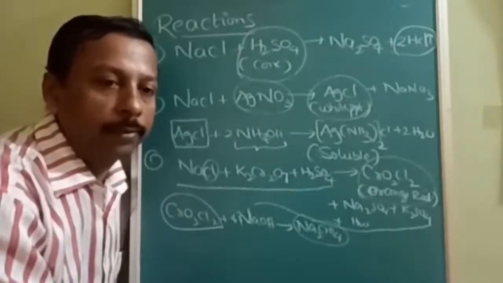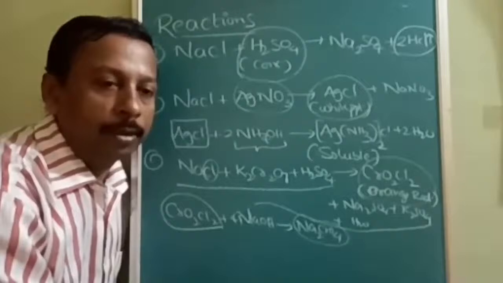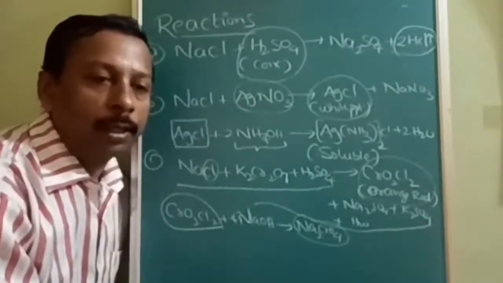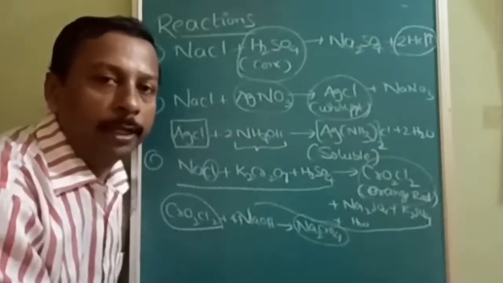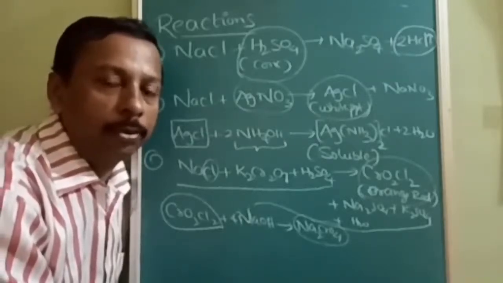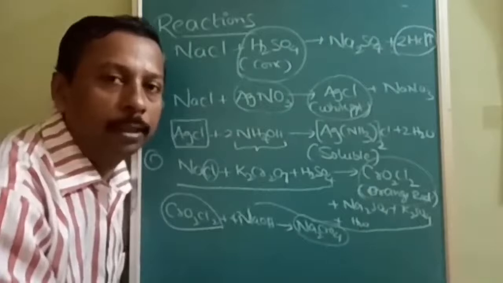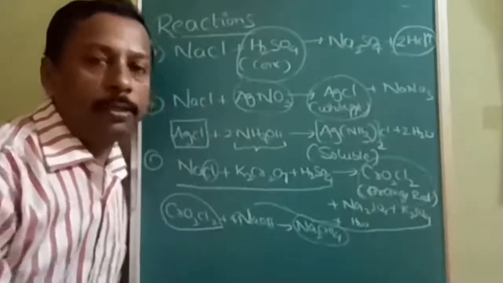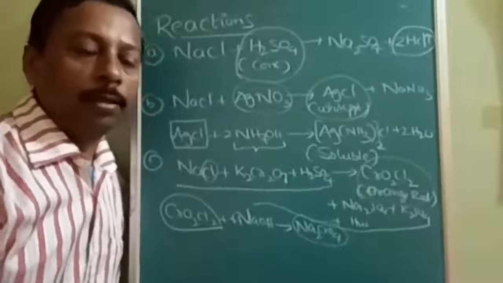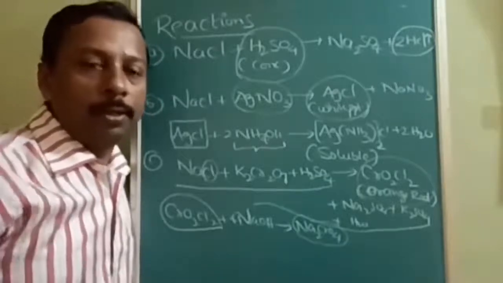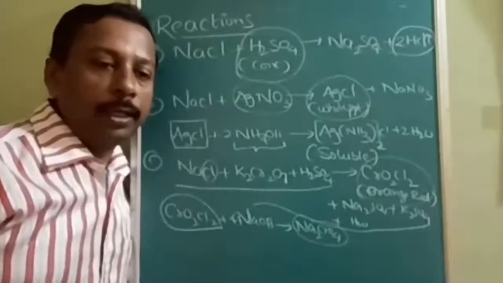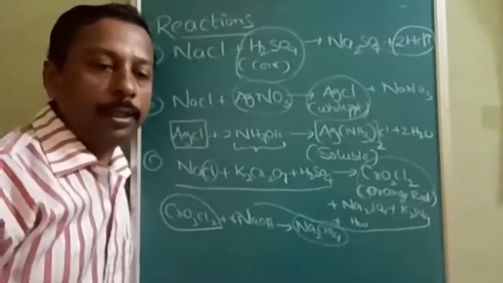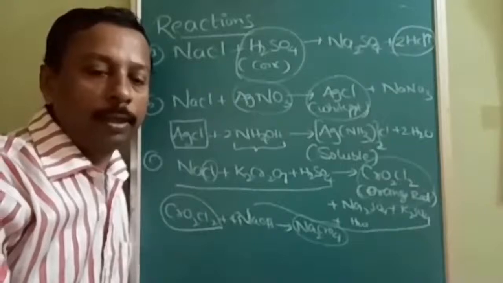Tests to identify chloride. First, when treated with concentrated sulfuric acid, colorless fuming gas of HCl is formed. Second, it forms a white precipitate when treated with AgNO3 due to formation of AgCl. Next, it results in formation of chromyl chloride, which is orange red in color. It can be further confirmed by using NaOH. So these are the tests and reactions corresponding to that.